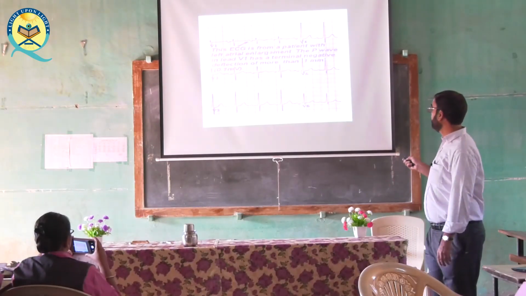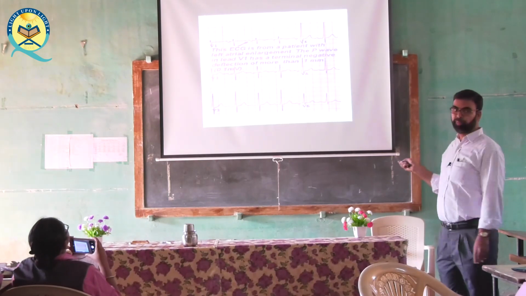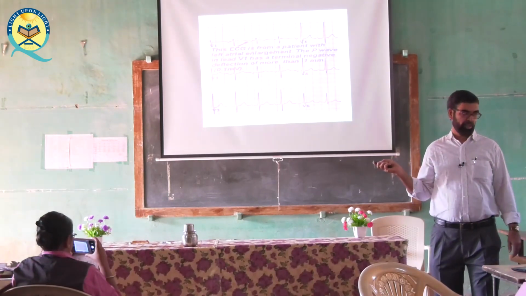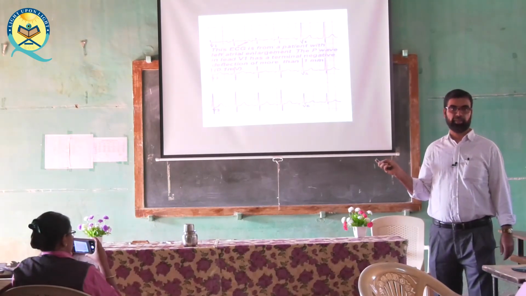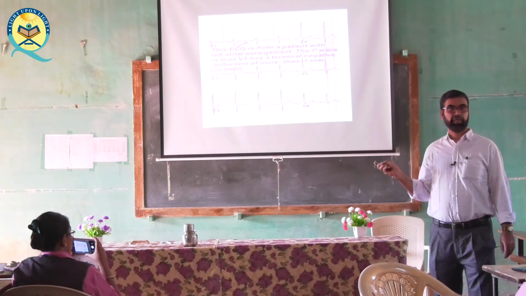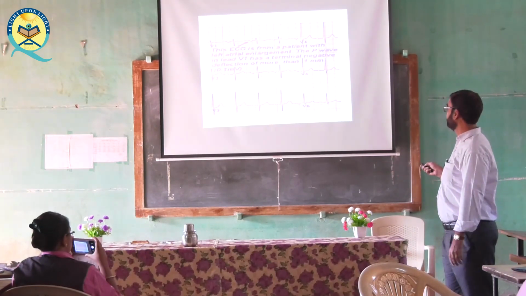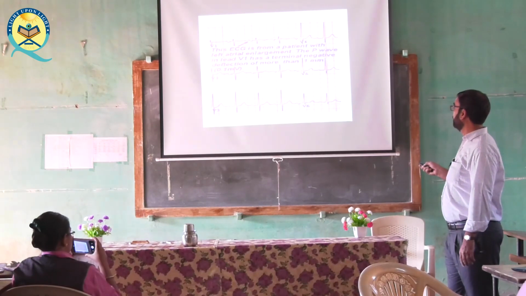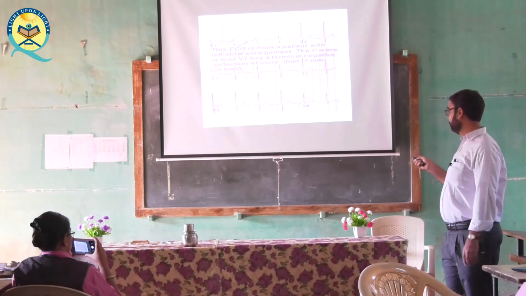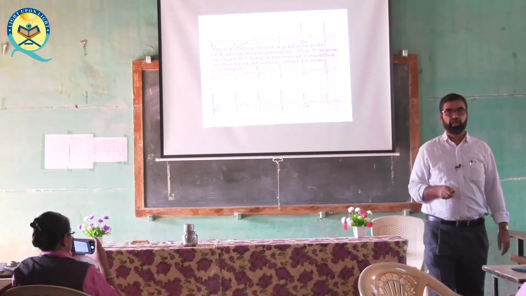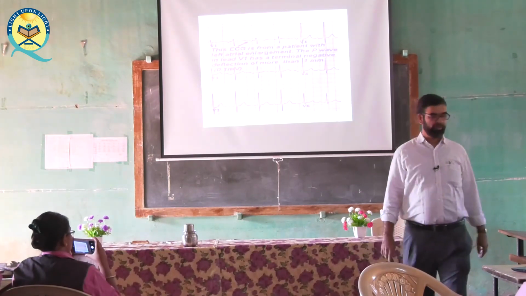If the downward slope of the P wave is not more than 1 millimeter, then it is considered normal. But if it is more than 1 millimeter, then the downward slope is considered abnormal. It indicates right atrial hypertrophy, left atrial enlargement. This ECG is from a patient with left atrial enlargement, and it shows more than 1 millimeter. If it is peaked, then it is right atrial. If it is more wide, then it is left atrial hypertrophy.